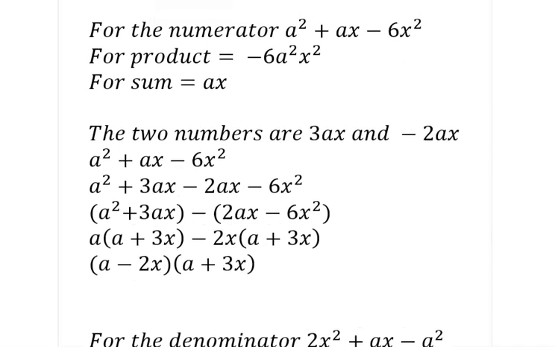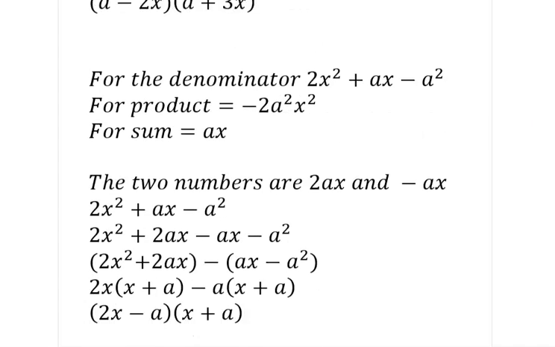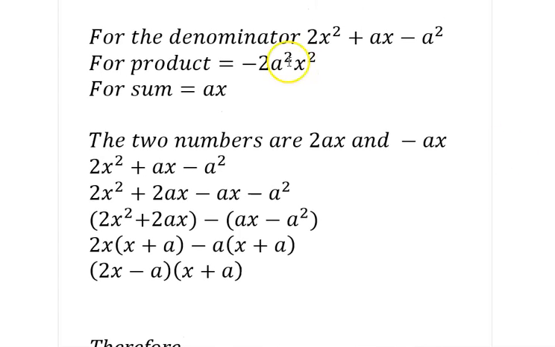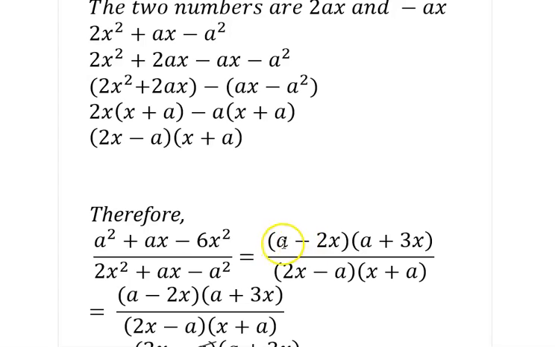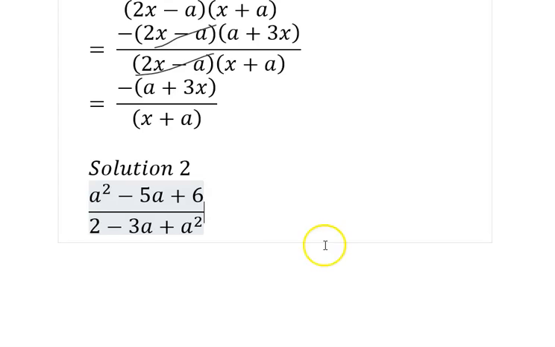So kindly do for the numerator, factorize the way we've done this, then factorize for the denominator as well. Then any answer you get, this is what we've gotten for the numerator and this is for the denominator. Then we simplify it out, as you can see. So this time around, I will not be bringing out